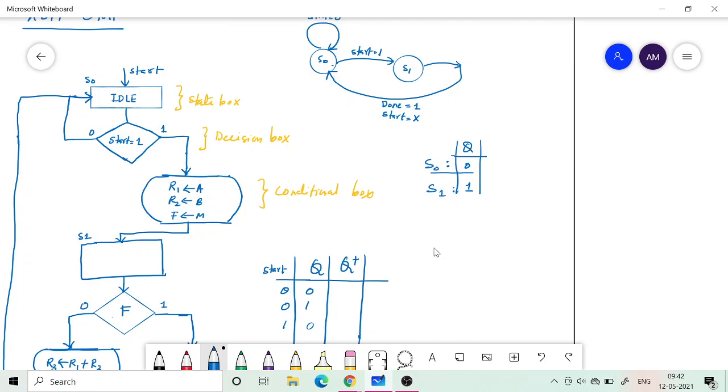We are going to remain there. We are going to remain at S0. When it is at S1, that means q equal to 1, we don't care about the start signal. We will definitely go to S0. Okay, is that clear?